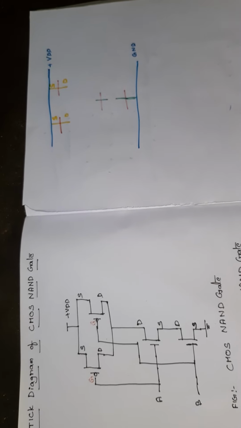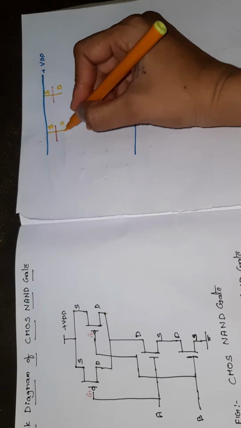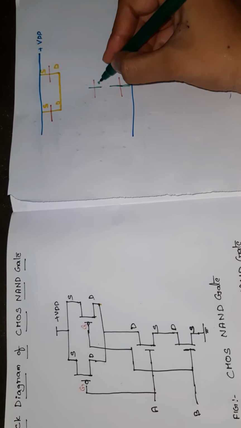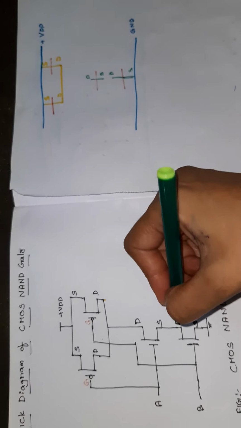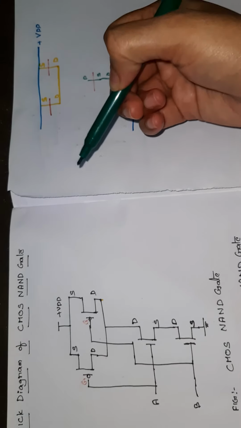So next, connections between these transistors. So here drain is connected to drain. So here drain should be connected to drain. Next, to see, source is connected to drain. So this is a source terminal, this is a drain. So this is a drain and this is source. Source is connected to drain here, using the same color of green.